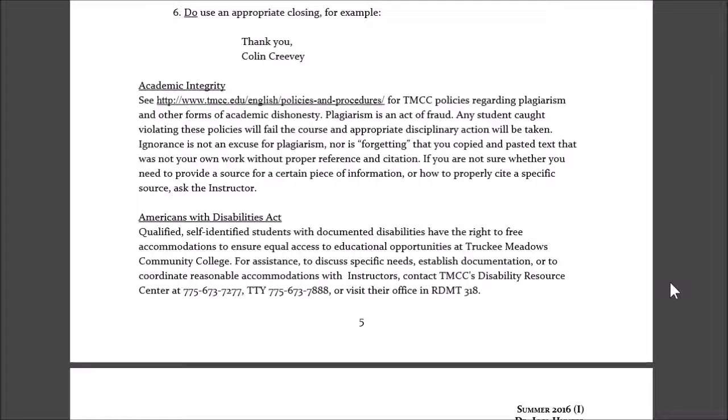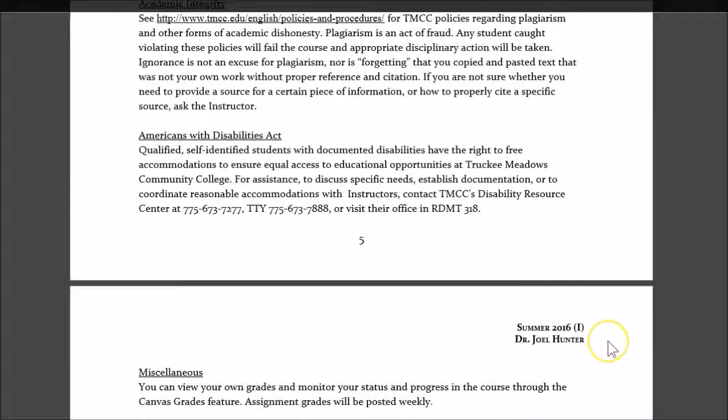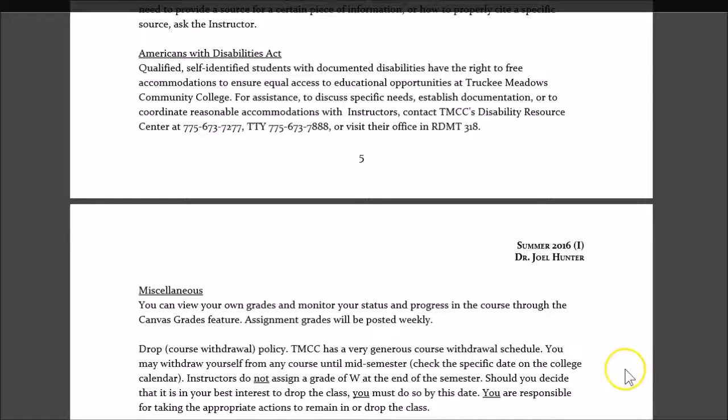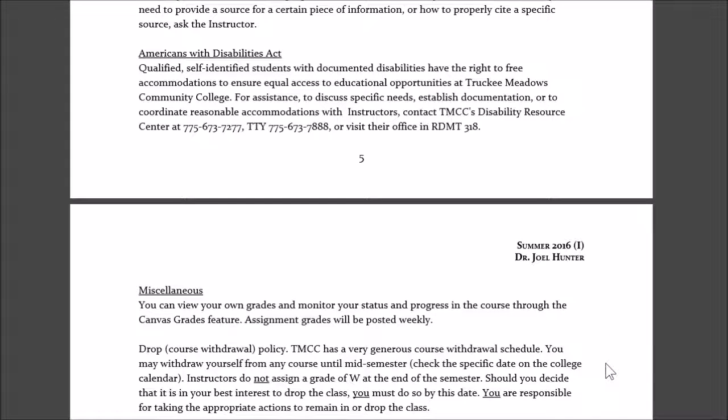It would be sad, and as a matter of honor and ethics, I have to submit those for disciplinary action, so just avoid it. Then if you have any special needs, any documented disabilities, make sure that you go to the Disability Resource Center,